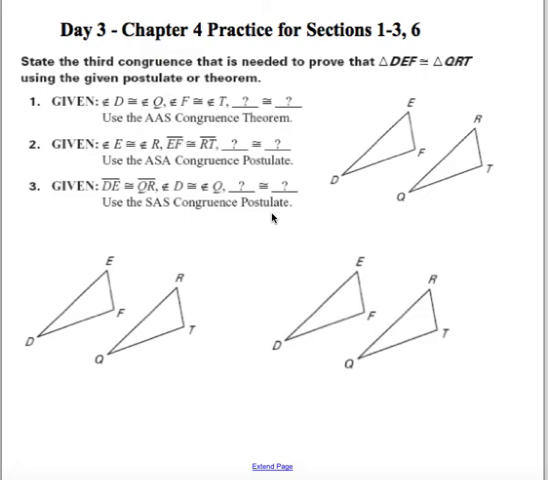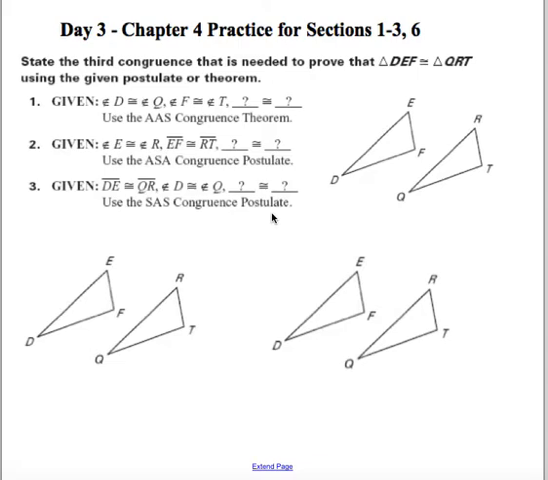I'm going to continue using our shortcut methods for proving triangles congruent in this day 3 notes here, practicing sections 1 through 3 and 6. So state the third congruence that's needed to prove triangle DEF congruent to triangle QRT using the given postulate or theorem. This is a particularly important skill, and I want to stress that to make this difficult, sometimes we do